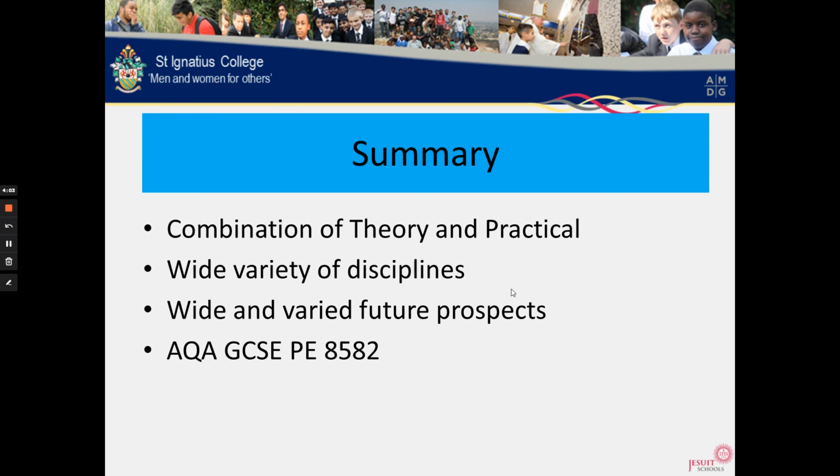There's a wide variety of disciplines which offers wide and varied future prospects, and for further information you can go to the AQA website and search for GCSE PE 8582, and that will take you to the syllabus for a